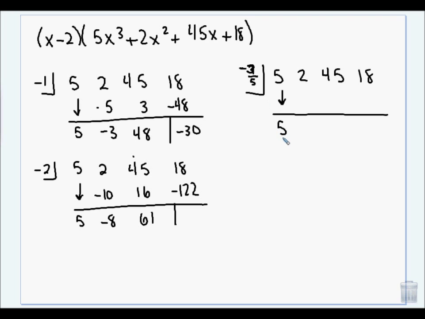So negative 3/5 times 5 is negative 3, which is negative 1, times negative 3/5 gives me 3/5. So 45 times 5 is 5, carry the 2. So this is going to be 228 fifths